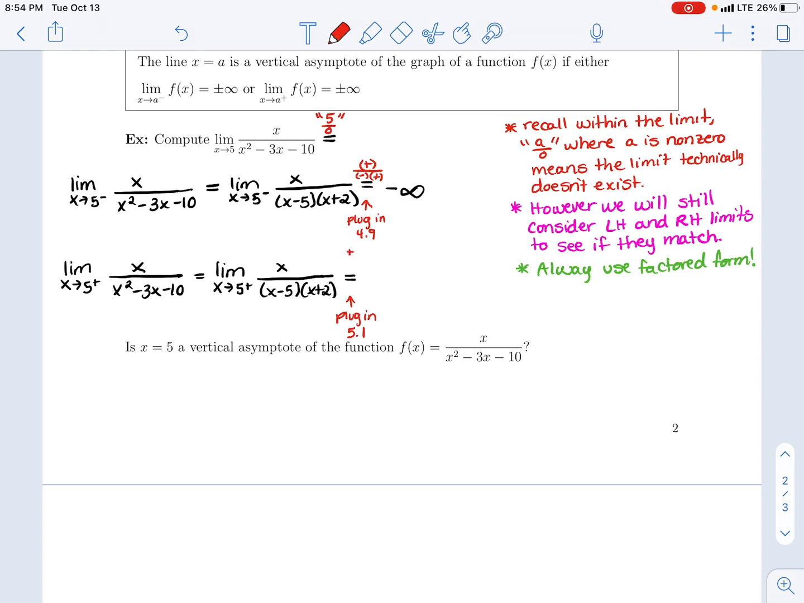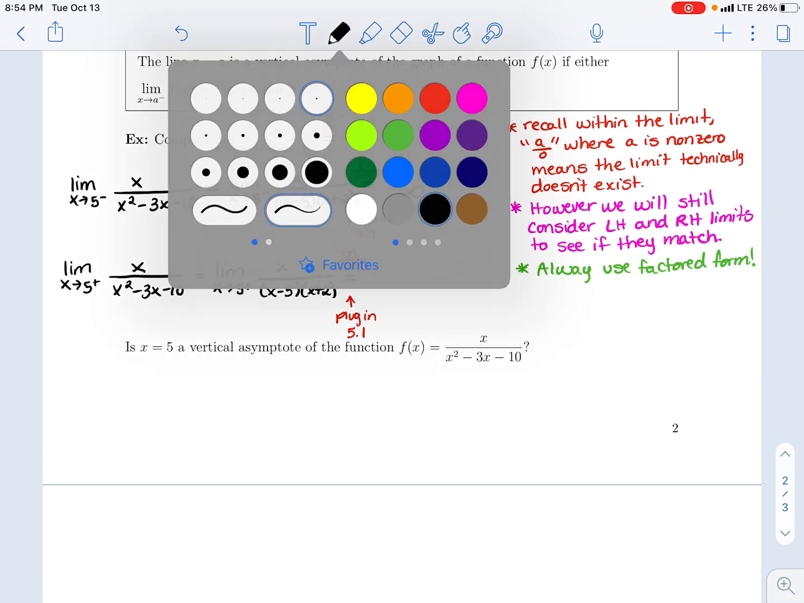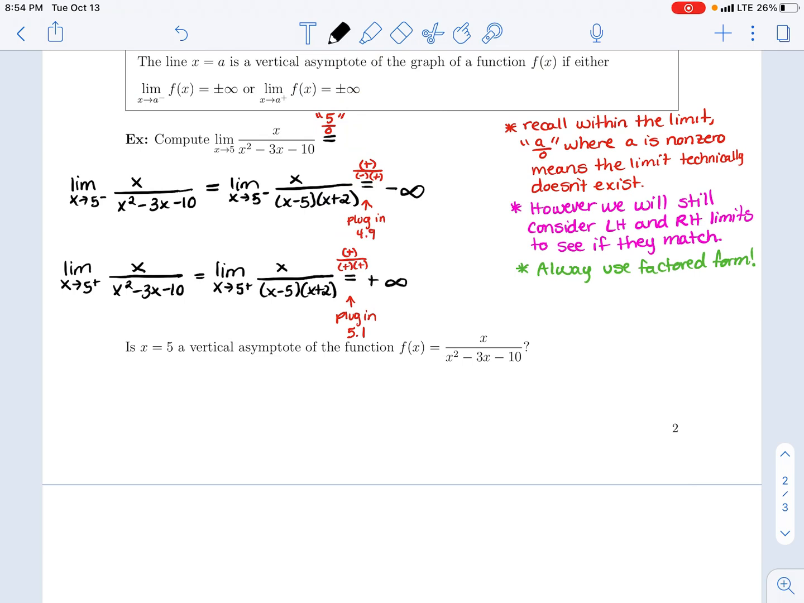In the numerator, we get something that's positive, over something that's positive times something that's, again, positive. When I plug 5.1 into the numerator, that's just 5.1, which is positive. When I plug 5.1 into x minus 5, I get 0.1, which is, again, positive. And 5.1 plus 2 is 7.1, so again, positive. Everything's positive, so here this is going to be positive infinity. And so we see that the left-handed limit does not match the right-handed limit, and so in this case